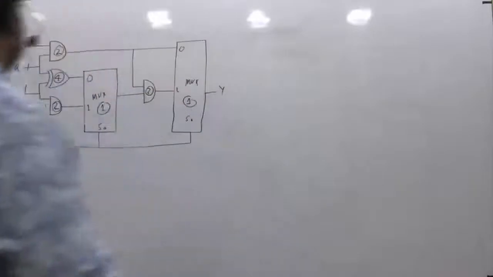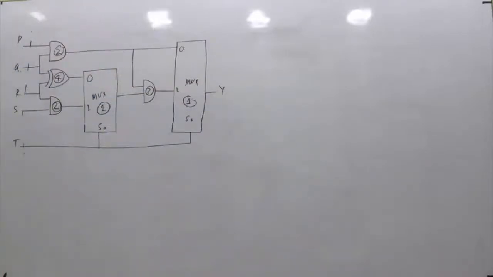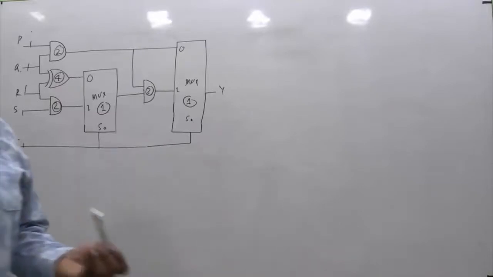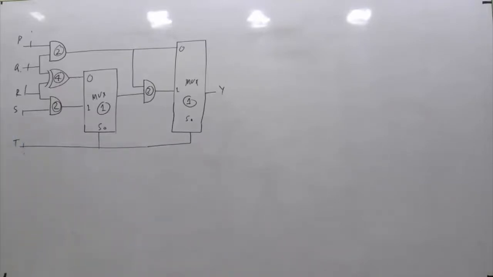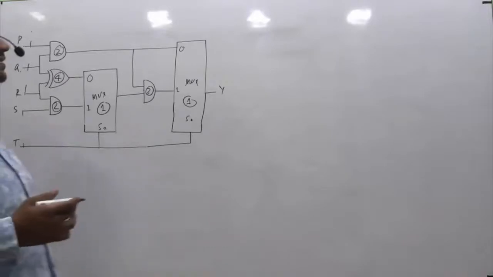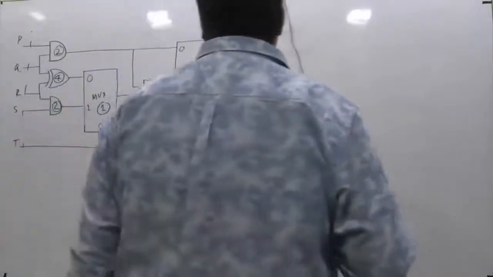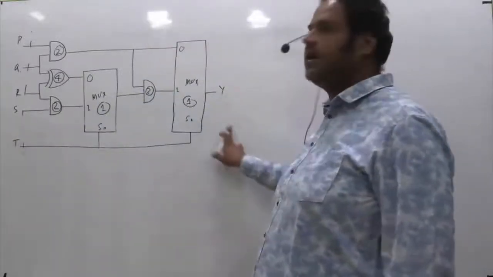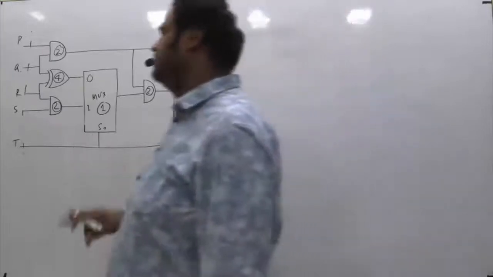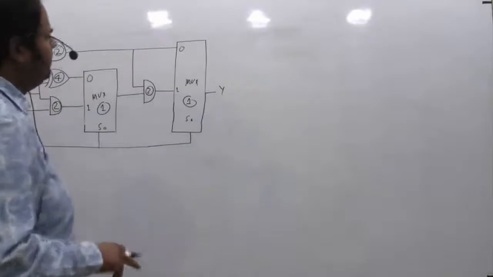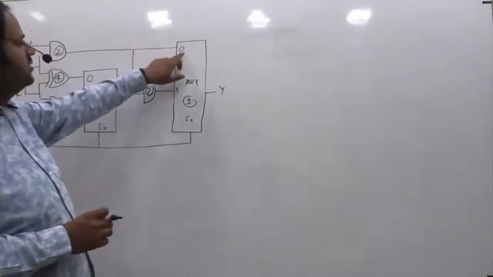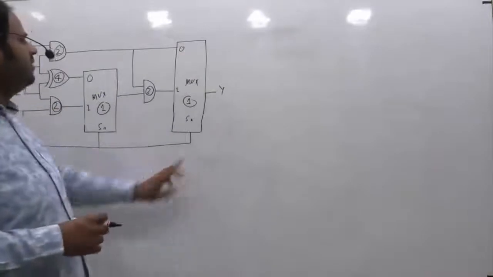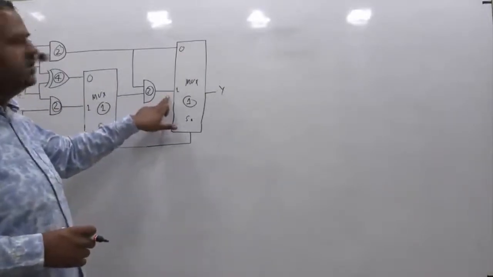So basically this is the circuit given and there are 5 input signals, you can see P, Q, R, S, T. So it is given that the inputs are applied simultaneously and held constant, then what is the maximum possible time delay? Okay, and that's what we are supposed to find. So you can see the output Y we are taking from this second multiplexer, and so what will be the output Y? That depends on the select line. Select line is S0 and S0 is connected to T. So when you take T equal to 0, it will produce the output which is given at the 0th input, and when you take T equal to 1, it will produce the output which is given on the first input. So there are 2 possibilities.